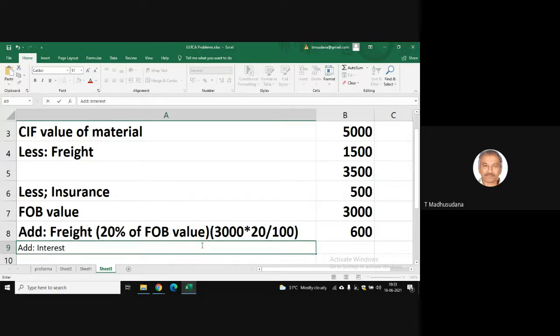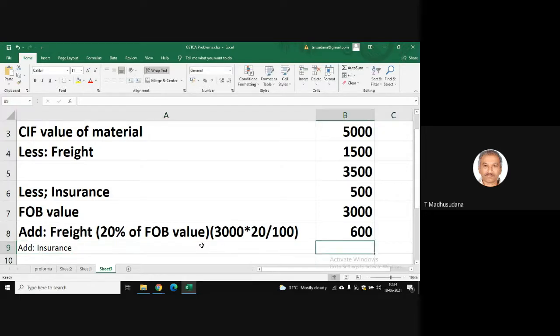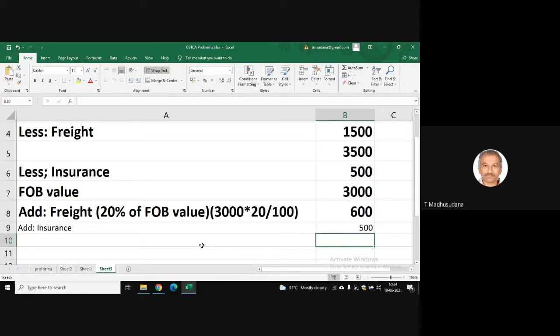If there is no insurance given in the problem, then you have to add 1.125% of FOB value. But here the insurance amount has been given, that is 500 US dollars. So the same 500 US dollars you have to add to this value. Okay. So after adding these two, then